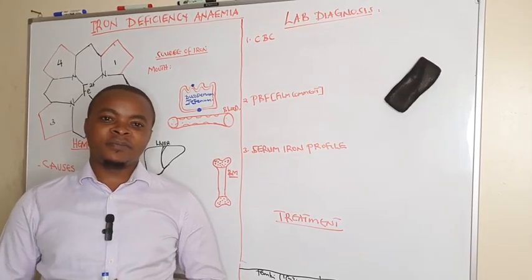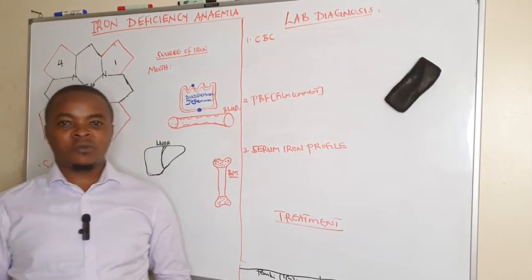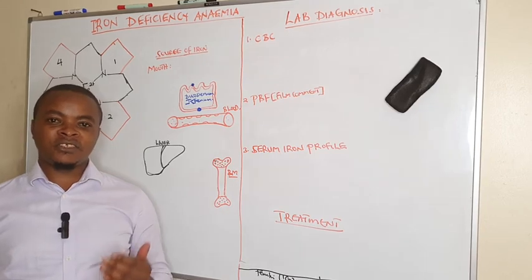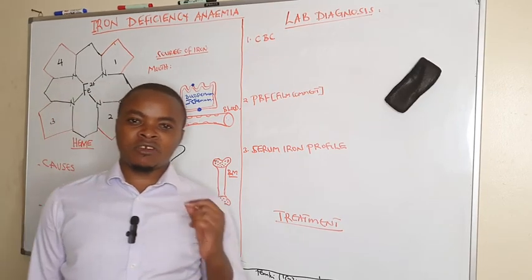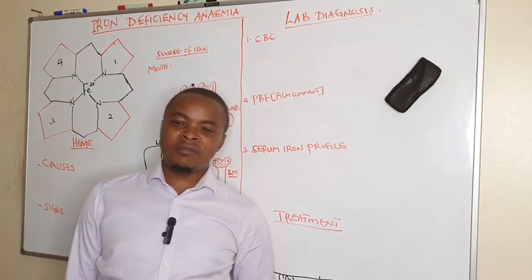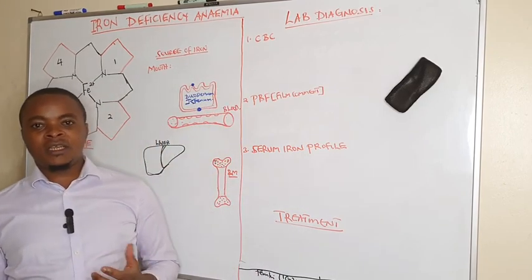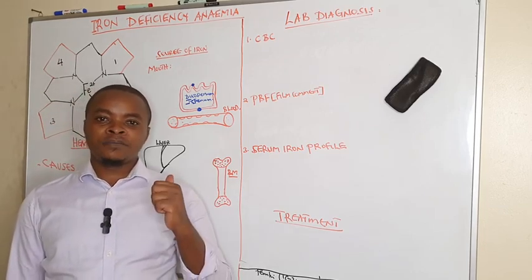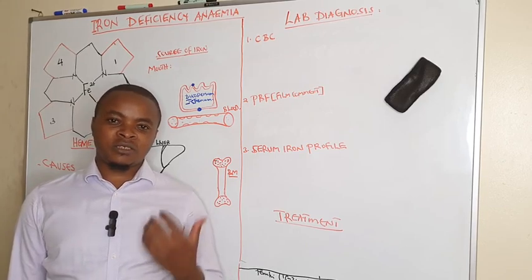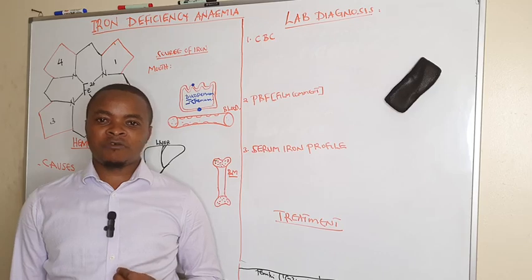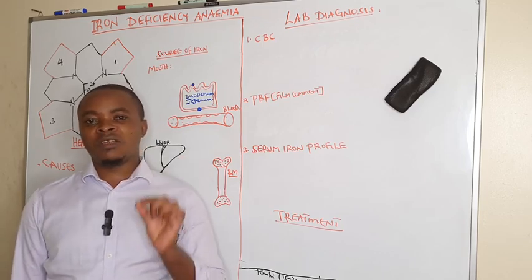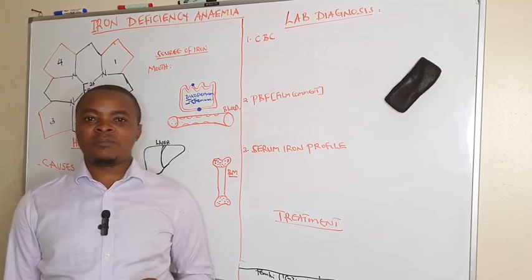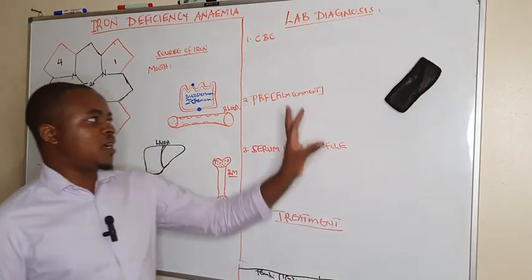In today's lecture at Medical Sciences, we want to talk about iron deficiency anemia. Iron deficiency anemia is the most common cause of anemia in the world. It belongs to the type of morphological classification known as microcytic hypochromic anemia. It is the most common cause of microcytic hypochromic anemia, as we shall see under lab